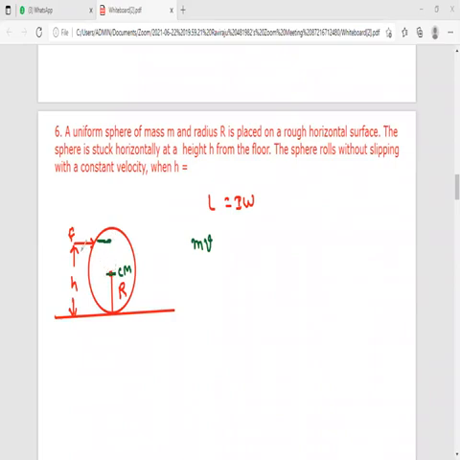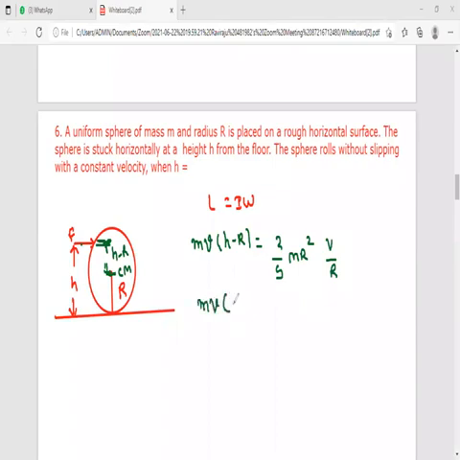Between the axis of rotation and the force application, the perpendicular distance will be h minus r. So you can write m v into h minus r. That is the equation for angular momentum. And the general equation is I omega. In case of a solid sphere, the I value will be 2 by 5 m r square. Omega is nothing but v by r, because everything we are writing in terms of r only.